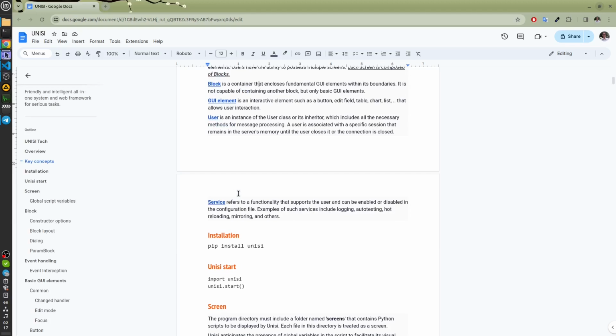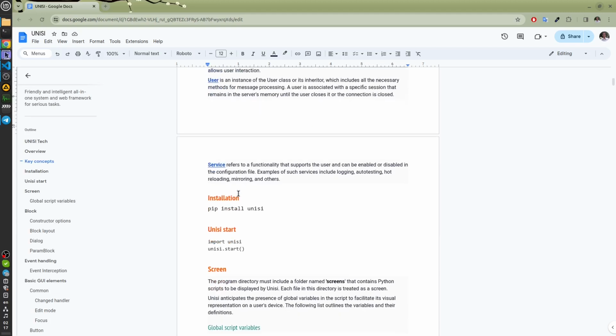Service. It is an automatic functionality that can be utilized without programming. It does not require maintenance. And it is already integrated into the UNICE system and works with each other without the participation of programmers.